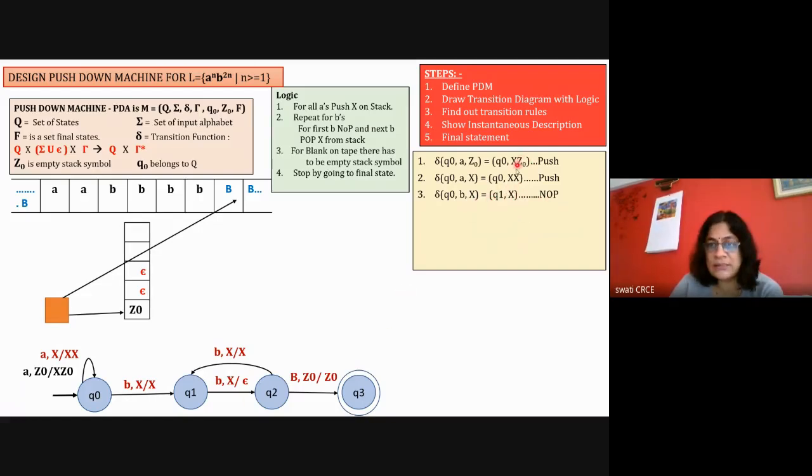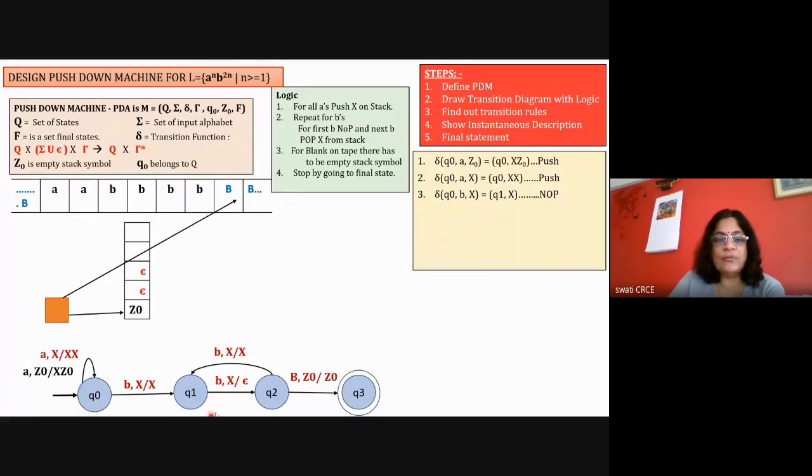So this particular element at the end represents the stack operation. So X remaining X is a no operation. X changed to XX is a push operation. This is the previous stack element and this is a new stack element. So we are showing two elements. That means it is a push operation. Z0 is the previous stack element, the top of the stack, and now the new top of the stack is X. And these are the last two symbols on the stack, and the last two symbols on the stack indicate it is a push operation. Okay, so these are three transitions which are done here.